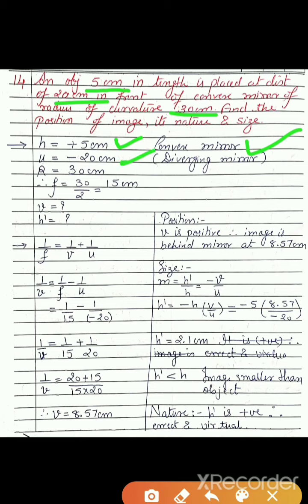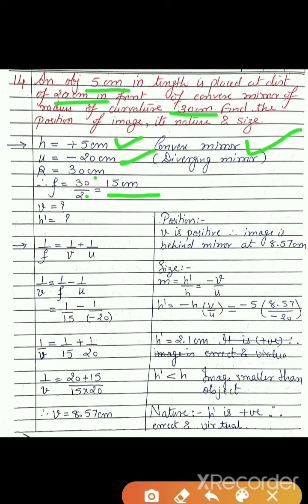So it is given. If it is a mirror, we always place things in front of the mirror. Okay, so we know that the object distances for the mirrors will always be negative, so I have to write minus 20. Then they have given us radius of curvature. We know the relation between radius of curvature and focal length. Focal length is half of radius of curvature. So what we will write? This radius of curvature 30 divided by 2, that will give you focal length. So we got it, radius of curvature was 30 and its half, that is the focal length.